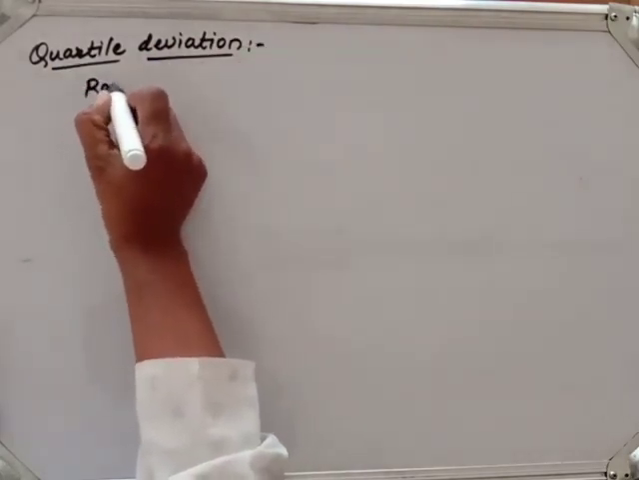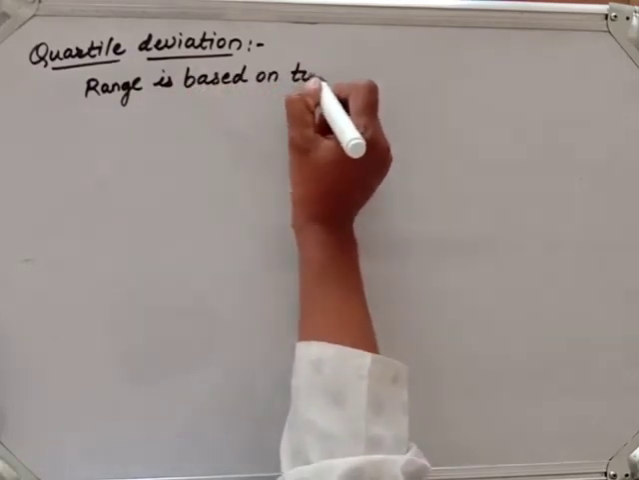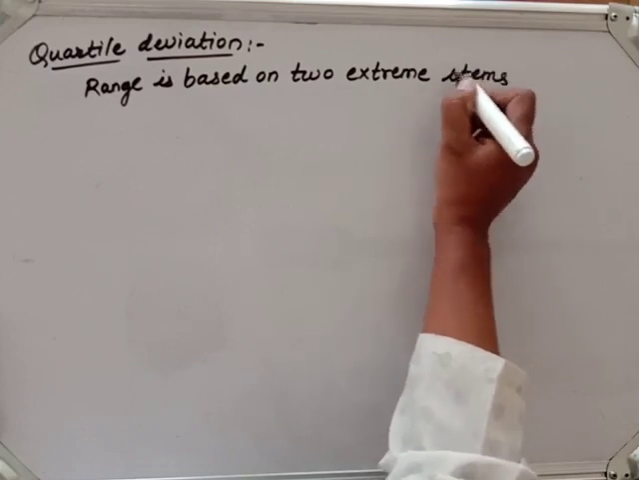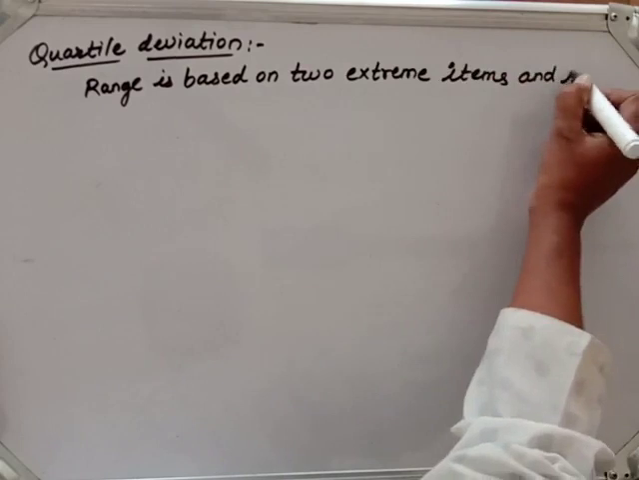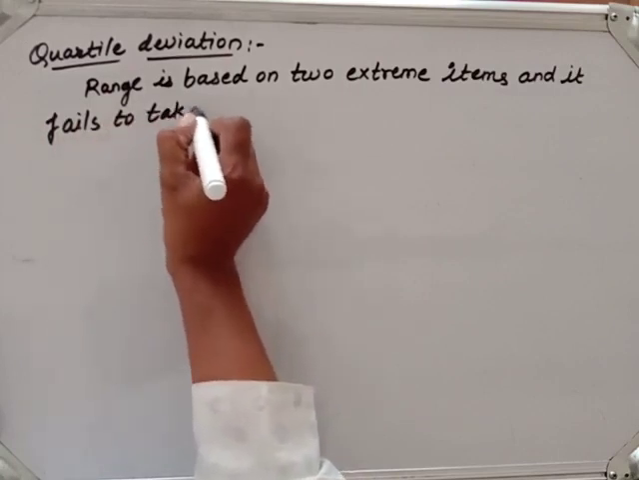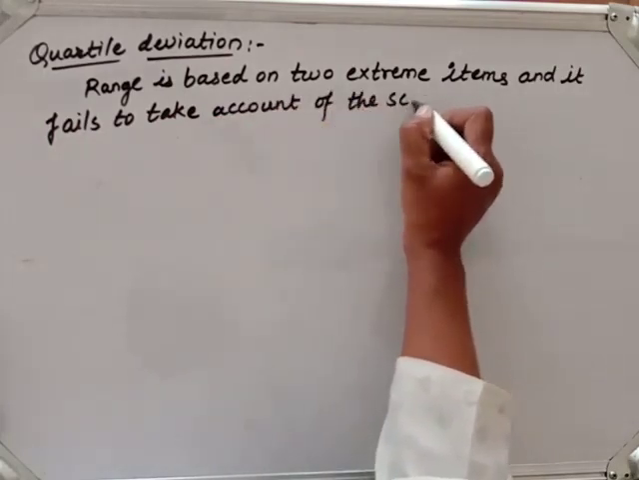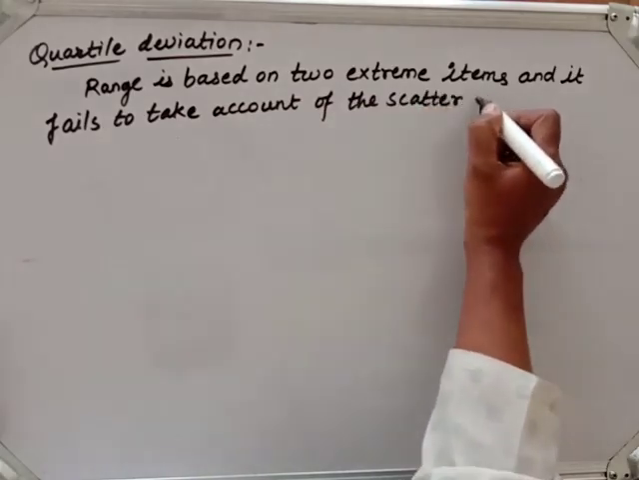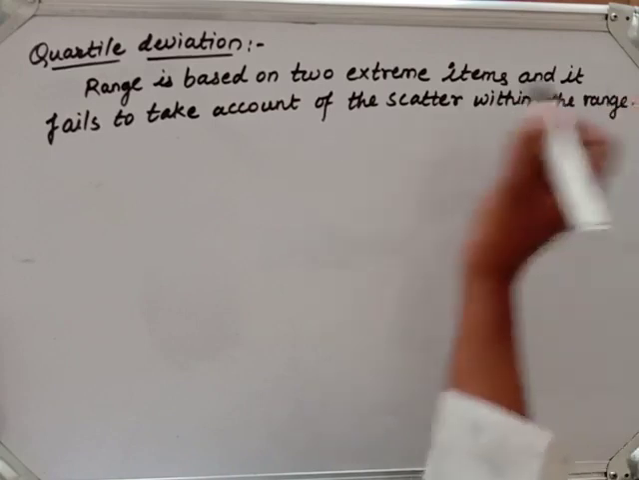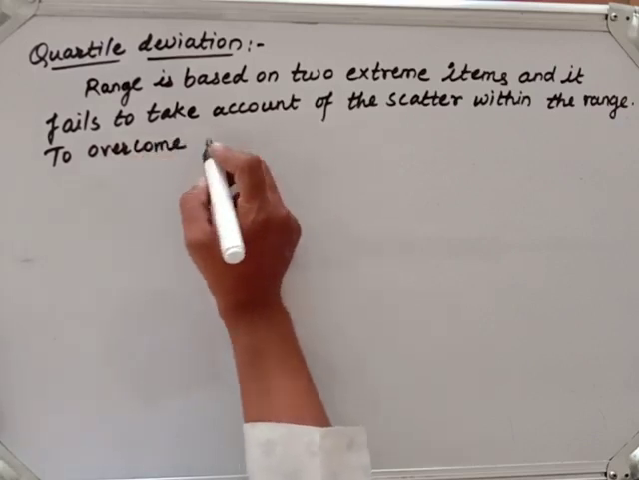Now range is based on two extreme items and it fails to take account of the scatter or the distribution within the range. Now to overcome this drawback,